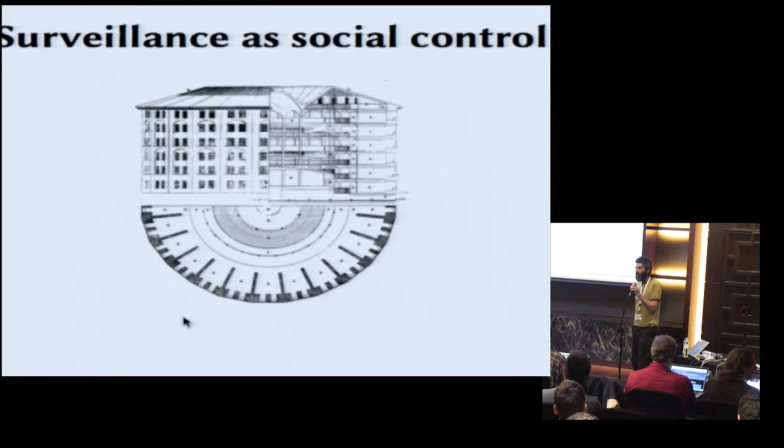So the concern here is that there's an issue of the possibility of a centralized surveillance state acting as a form of social control. Now, you might be concerned about governmental control. You might be concerned about criminal control, blackmail, a range of other things. But basically, whoever controls the network, if the network is transparent about what's going on, has potentially a lot more power over the citizens, or the people who use the network.